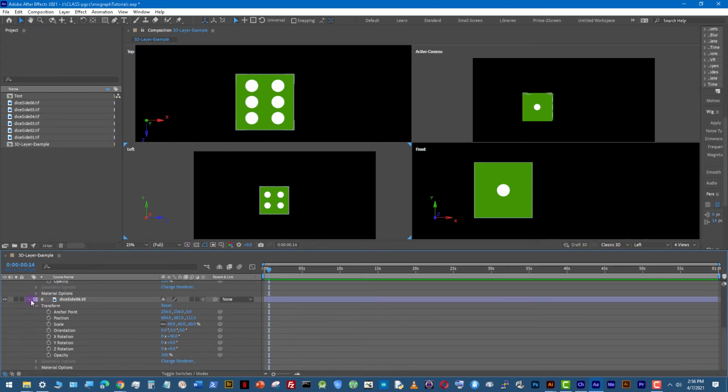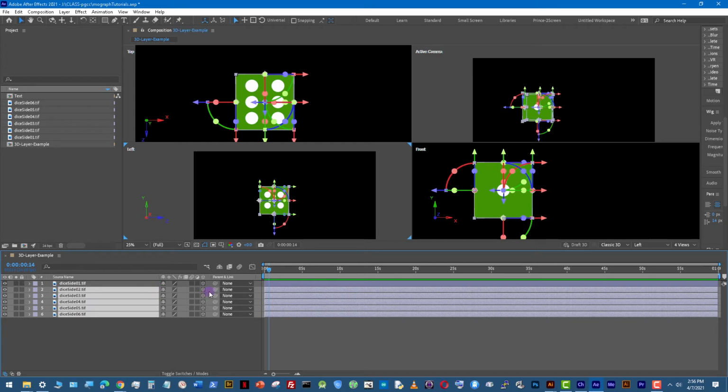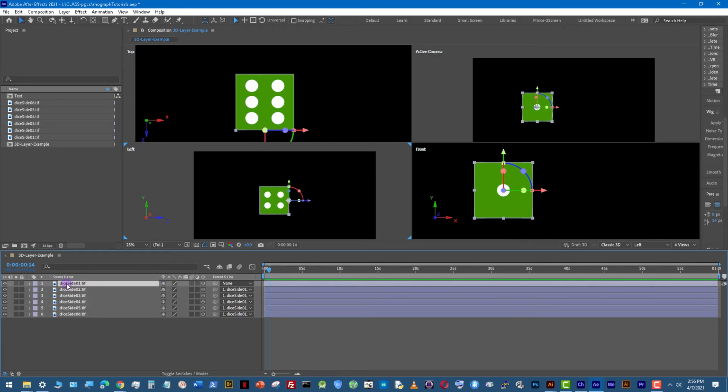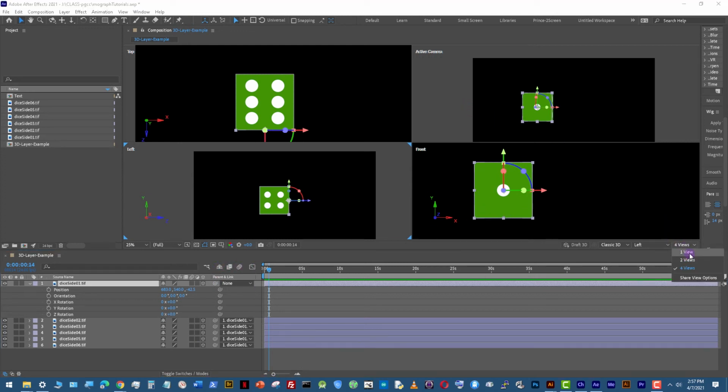And the final thing I'm going to do is basically assign all the other layers to be child of that first dice layer. That way I'm just controlling the position and rotation of this first one, and it'll rotate and change everything else for the other ones. So if you have managed to keep up with me so far and have figured this out,